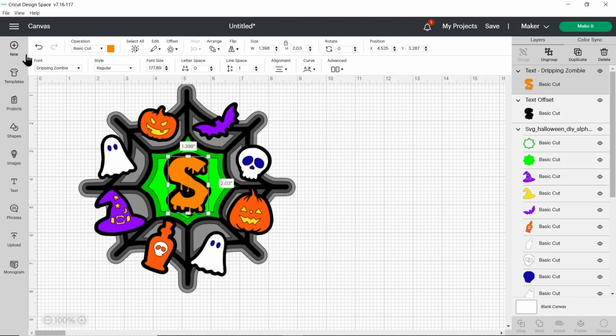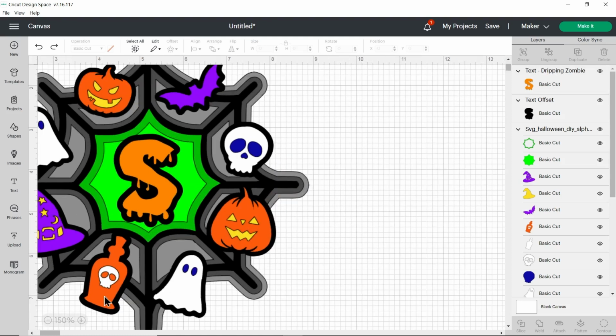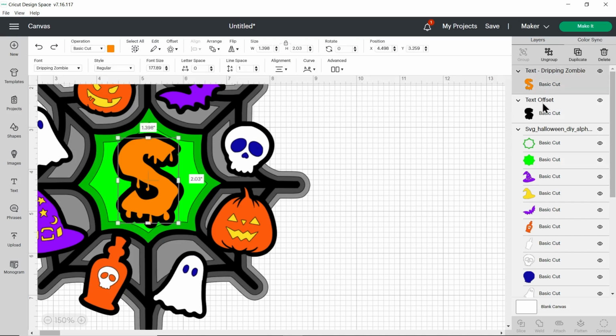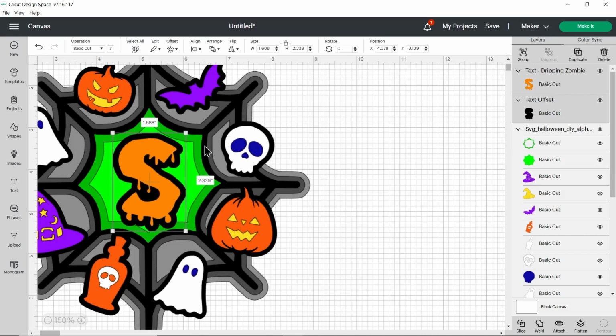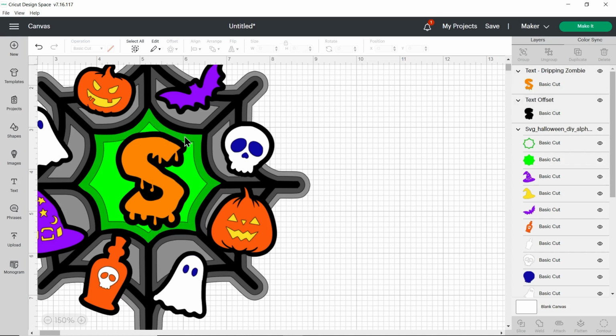All right, so I'm just going to undo that move to put it back in the middle. This isn't quite big enough at the moment because it's not touching there, and I'd quite like it to. I'll select both of those layers, make them both a bit bigger, and position it where I want it to go. Ideally you want that offset layer overlapping this darker green bit on the left and the right at the top, and the left and the right at the bottom. If you've got a letter I or J, for example, where it's more straight, then it might only be touching once at the top and the bottom, and that's perfectly fine.